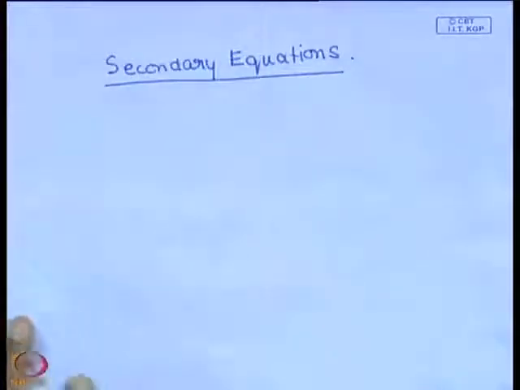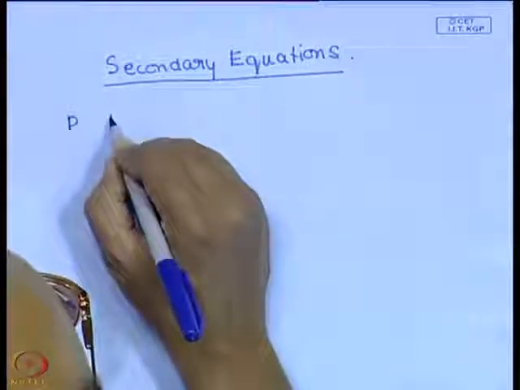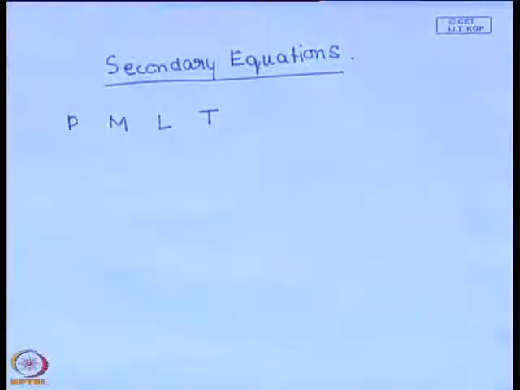Okay. So, if you look at this, you have 4 unknown quantities. The 4 unknown quantities are the pressure, the mass, all of these are functions of R. Then you have the luminosity and the temperature, all of them vary with R. But there are other quantities that appear in the equation. So, these quantities,